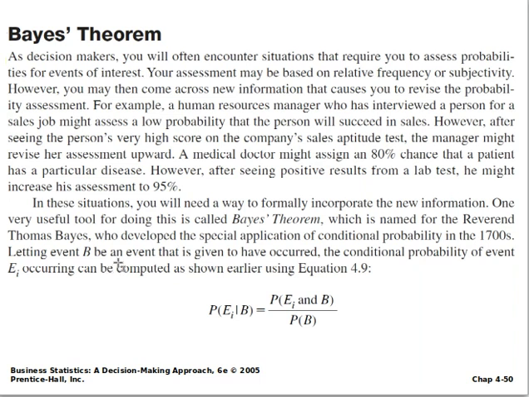Letting B be an event that is given to have occurred, the conditional probability of event E sub I occurring can be computed as shown earlier using equation 4.9,